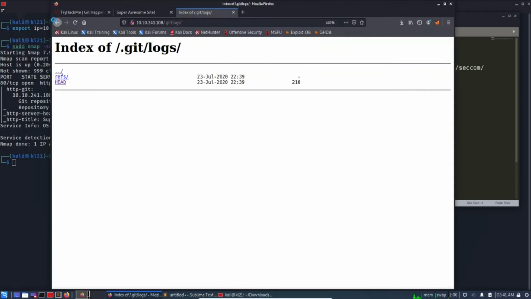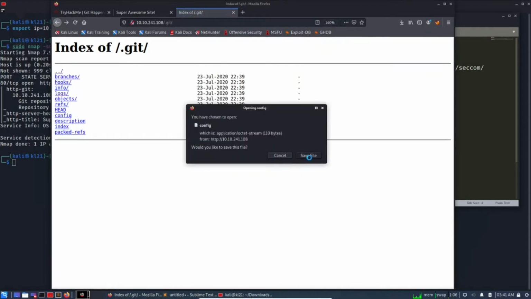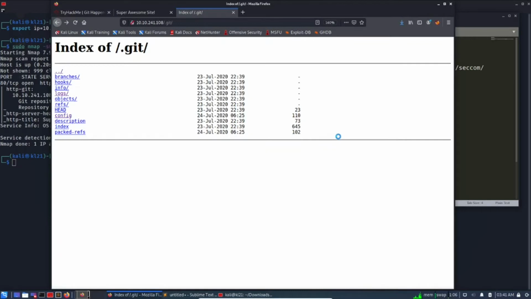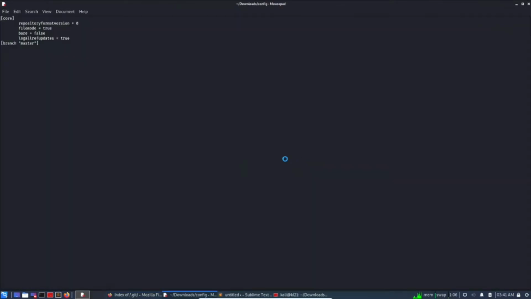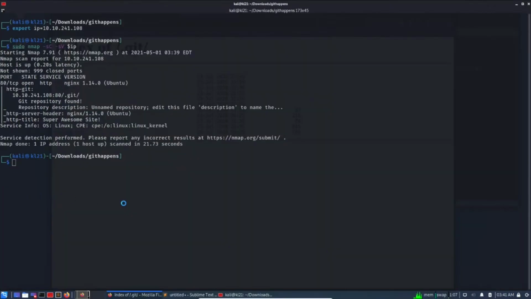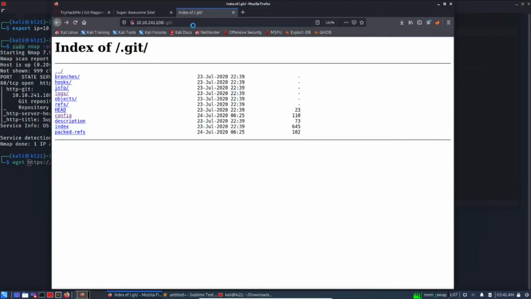So we can enumerate all the things which are there, like in config we can peek inside what all things are there in the config file. Nothing interesting, so maybe let's wget the http